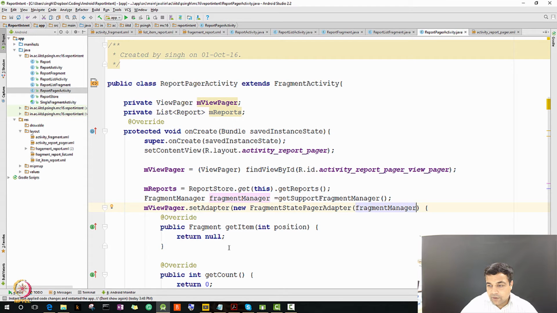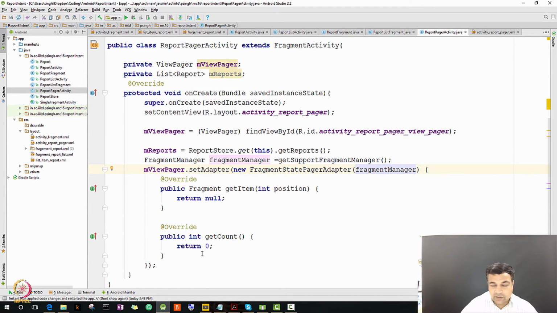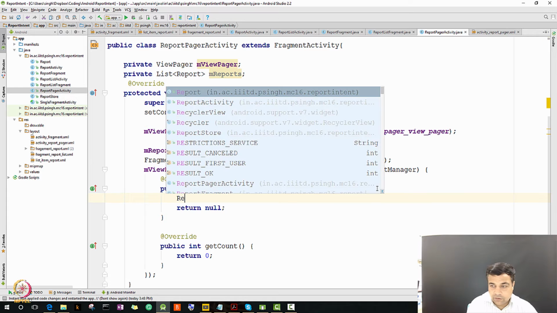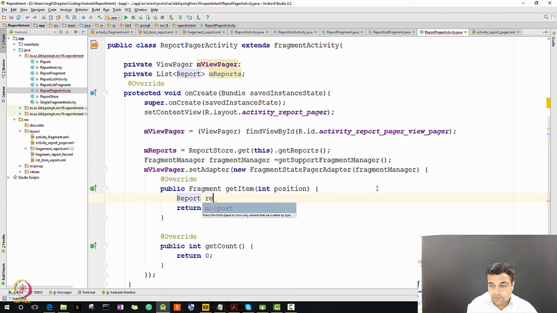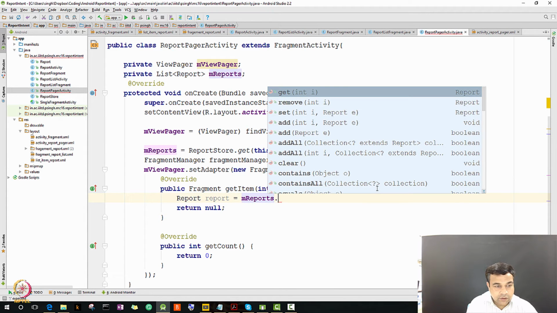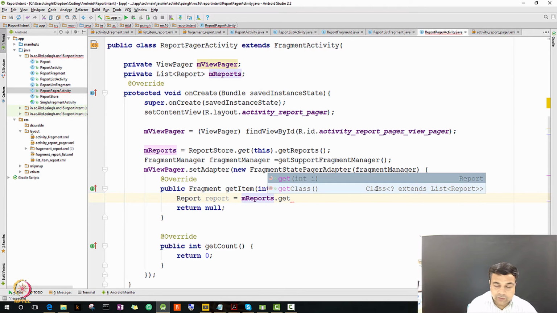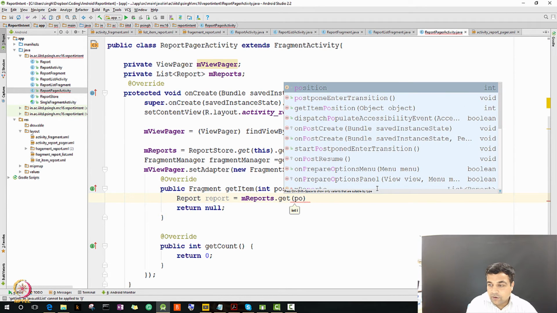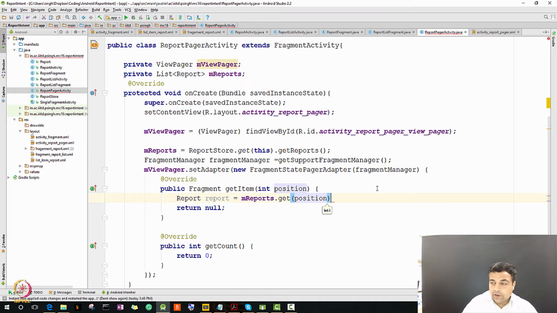Now it is overriding two methods. One is the getItem method and one is the getCount method. So in the position we need to write some more code. So report equal to mReports.get, because we need to give the right report whose detail we want to see, and then we want to return the null, but we will